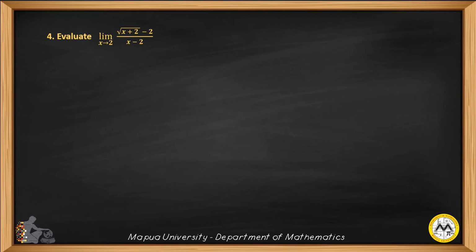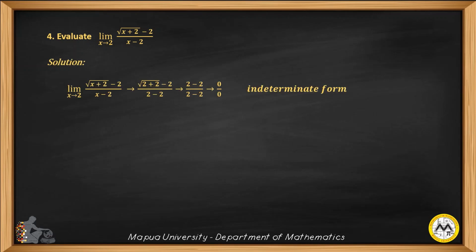Let us now investigate the limit of the ratio of the square root of x plus 2 minus 2 to x minus 2 as x approaches 2. Again, the initial investigation of the limit of this expression would lead us to a 0 over 0 form, an indeterminate form. Again, we cannot accept this as a limit,